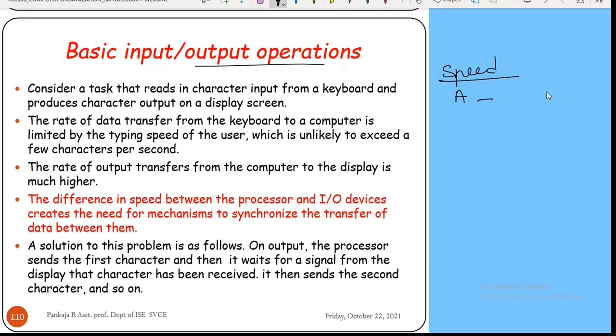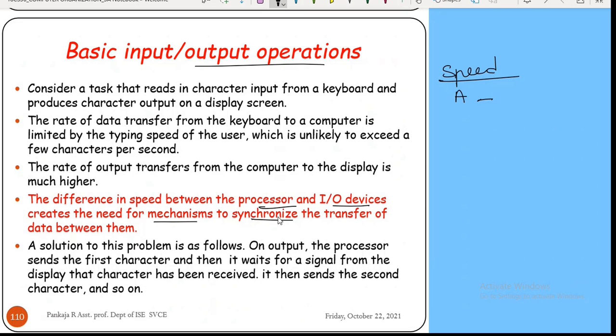So now we need some mechanism to synchronize all the devices' speed. Okay, so what is the technique we can use? In brief, I'm going to explain how to synchronize the speed difference between the IO devices. The difference in speed between processor and IO devices creates the need for a mechanism to synchronize.